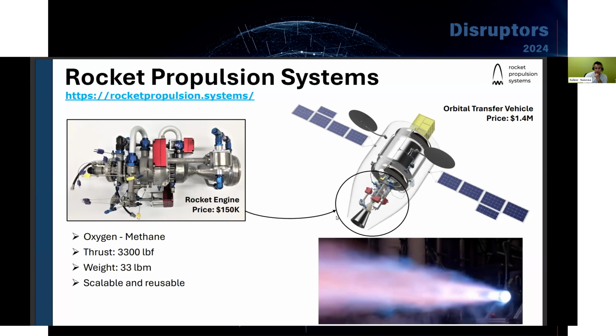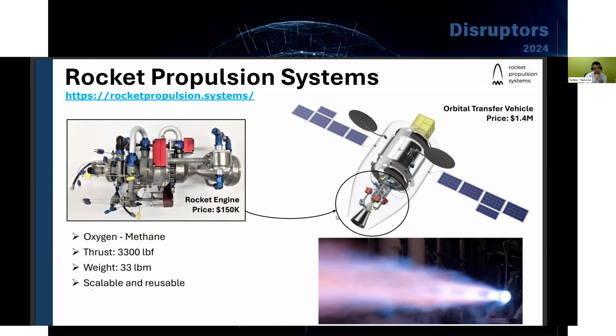So, yeah, Rocket Propulsion Systems. We're based in Kent, Washington. We are essentially looking to streamline transportation in space, specifically targeted to payloads roughly 200 kilograms or less. So when I say space transportation, on the screen here on the right-hand side, we have what's called an orbital transfer vehicle. An orbital transfer vehicle is something like a space taxi or a space Uber, you can think of,